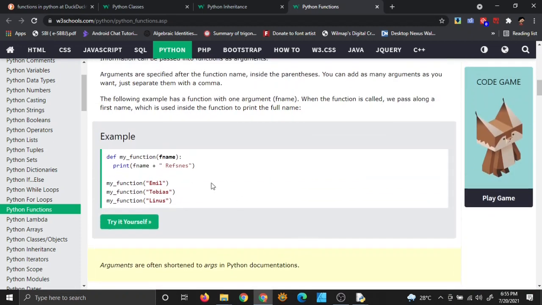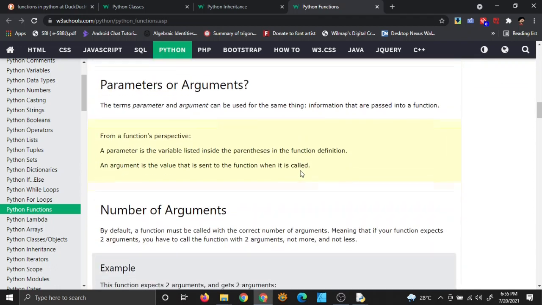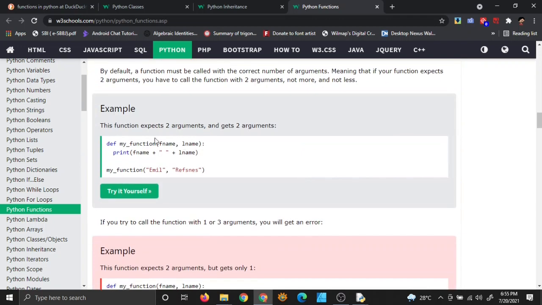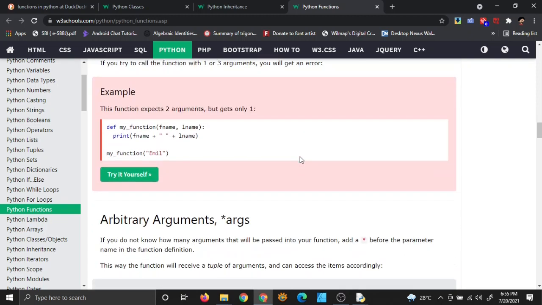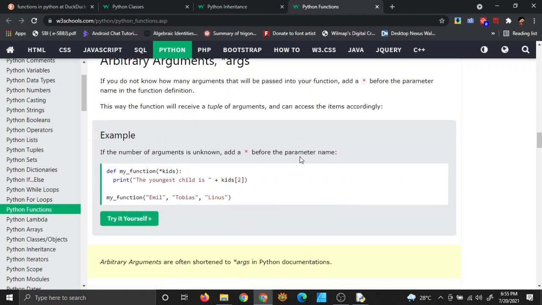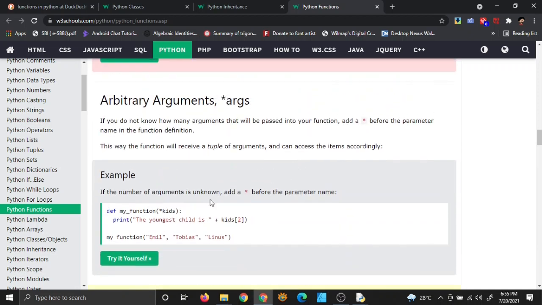So you can have string, right? No problem. And you can have 2 arguments, 3 arguments. That's not a problem. Right. And here this is interesting.